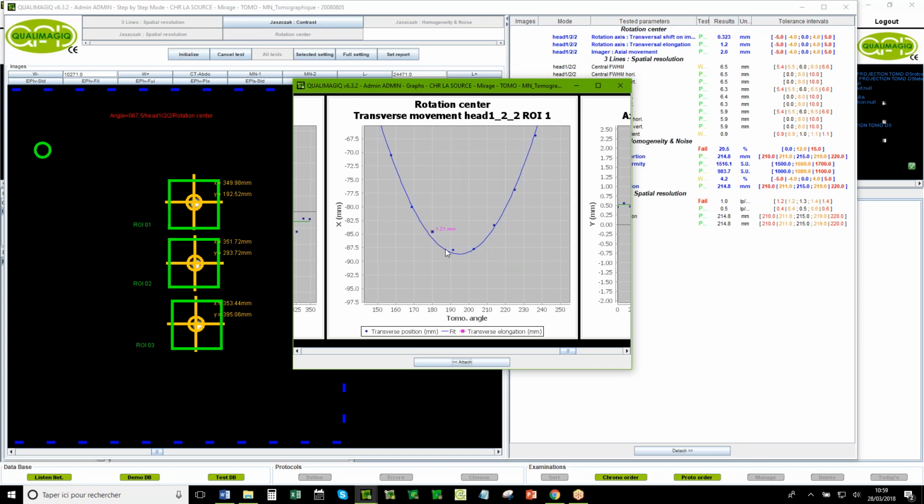The distance between the points describes the quality of the axis, whether the camera rotation turns around an axis or around a tube.